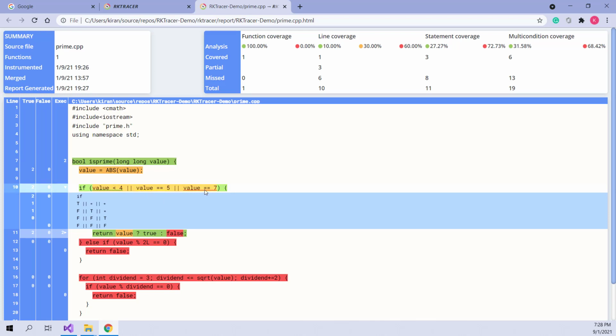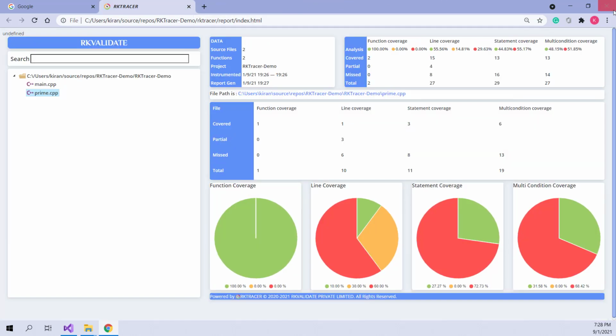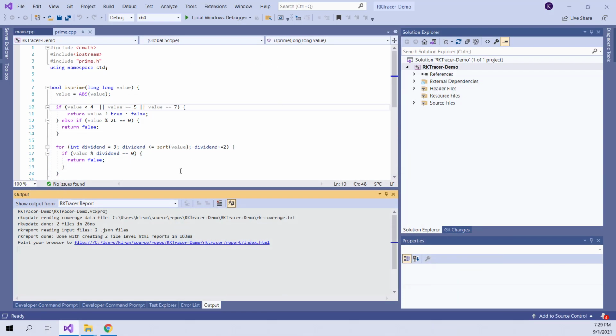Underscore is in yellow because it's partial. If you see this, it has not been executed for both the conditions. Now this is a truth table, and you can see that in the same line, some part might be covered, some part might be partial, and this part has not been covered. Now what if I want to generate a code coverage after modifying or updating the lines of code in my project? So for example, let's say I'm going to remove this